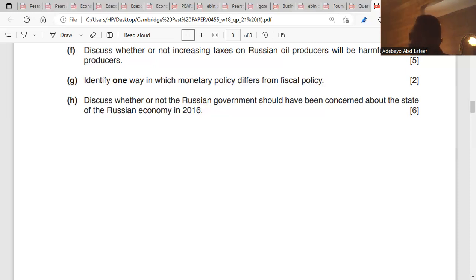Two, rising inflation. They said there's inflation, a rising inflation rate in the economy. That was why the Russian economy is trying to increase the interest rate. Because when there's inflation, increasing interest rate would solve inflation. How? At that point in time, people will stop buying. Rather, they start saving more. And that will mean,